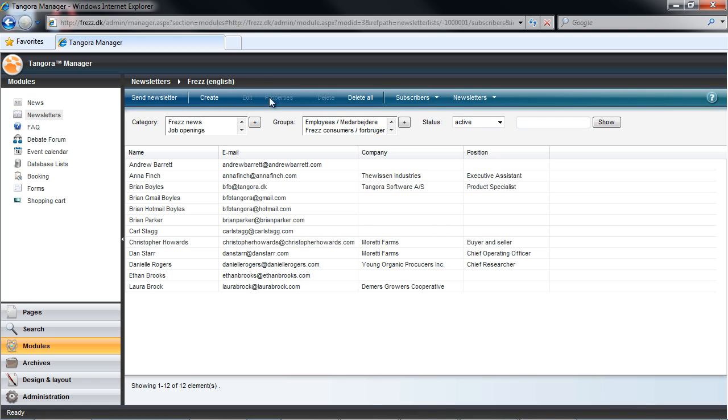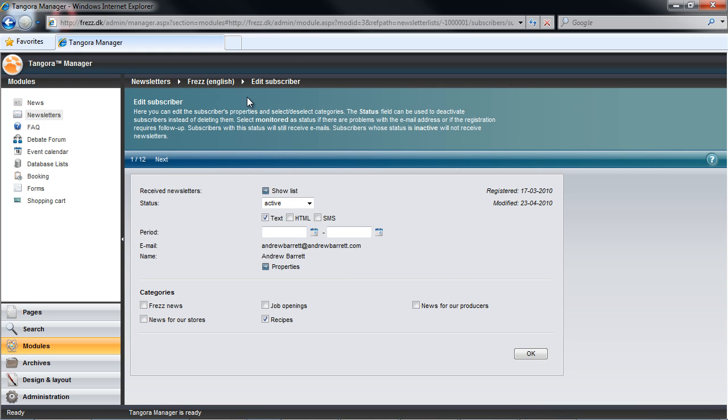To the right of this, we have a series of buttons, all of which are related to actions which could be taken with respect to our subscribers. We have a Create button, where we need to manually create a subscriber. And if we select a given subscriber, we can see that we could edit the subscriber, or we can modify their properties. These are really just two sides of the same coin.